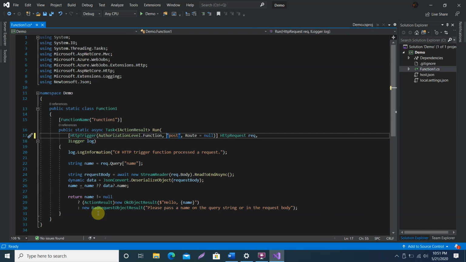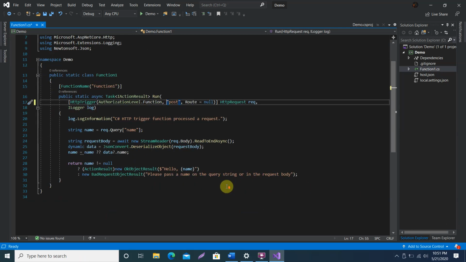Suppose I have a CRM where I have to retrieve all the accounts and send them back in the HTTP response. Then I can use POST, where I will send the JSON in which I specify the date for which you want all the accounts to be retrieved. So it is simple guys, right?